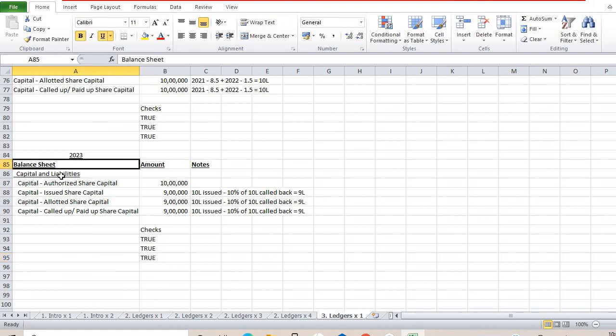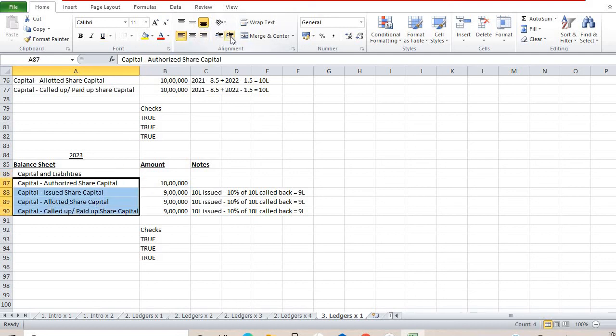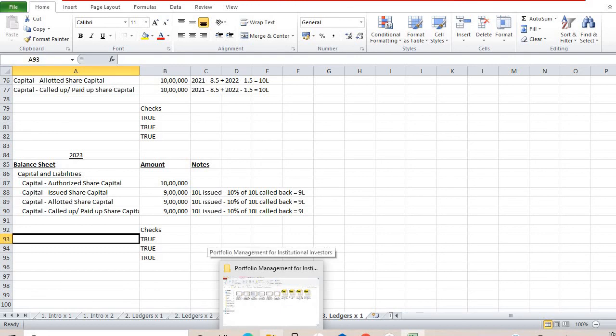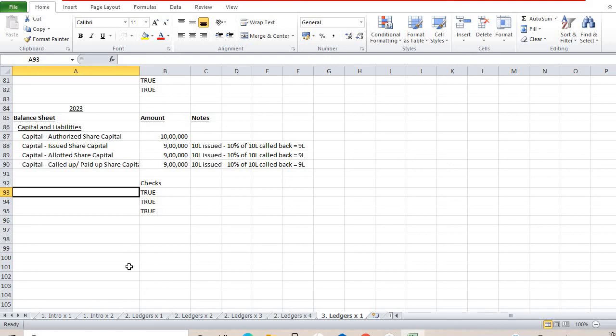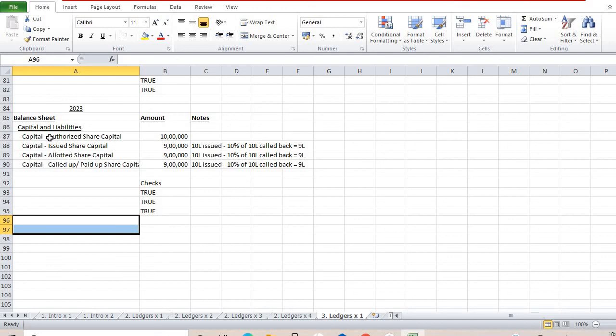So if you look at it, balance sheet is left, capital is below it, and maybe what we can do is this. Okay, let's take capital back there and let's just click this guy once. It's indented. Let's give this two indents, so that it looks a lot cleaner, right? So for example, what I would do next is look at liabilities, and below liabilities, the liabilities will again be single indent, and below liabilities there will be creditors, etc., with a double indent. Below creditors it could be less than 6 months, greater than 6 months, with a triple indent.